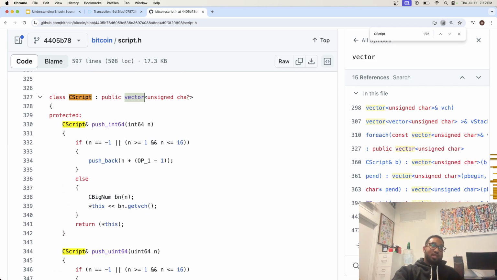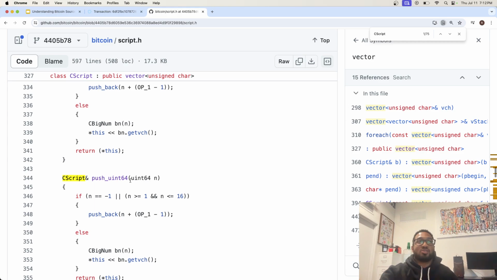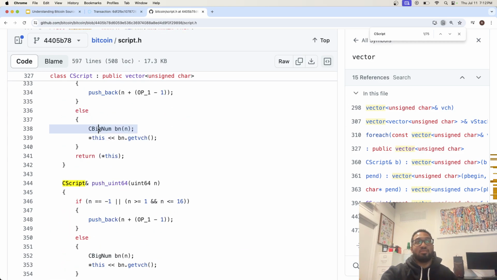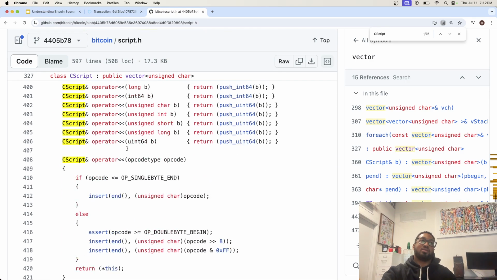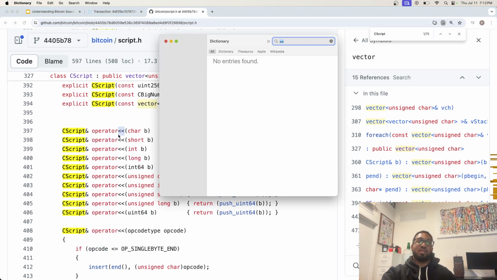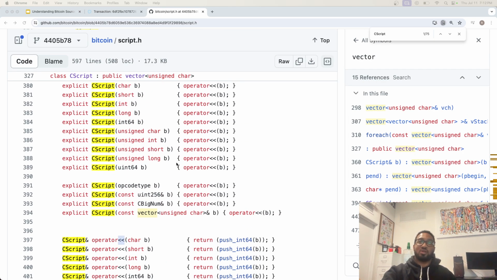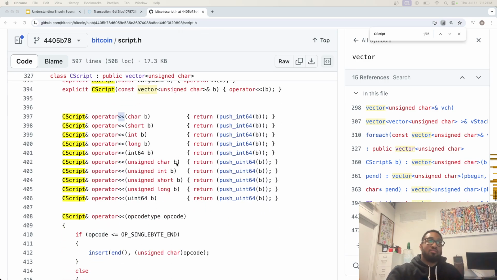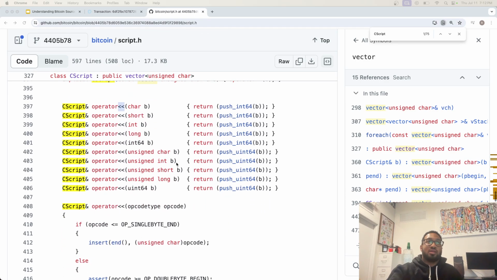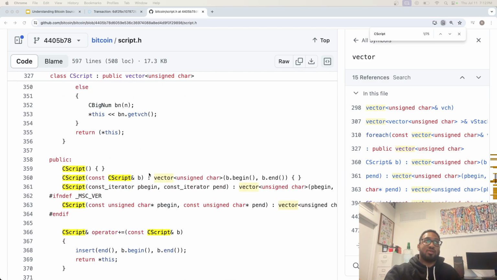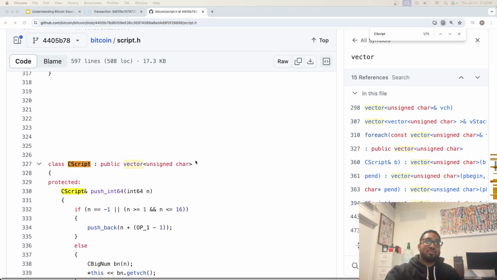So yeah, the vector, and these are chars. You use characters in C++ to represent bytes because one character is a byte. And yeah, this is what C script looks like. You have BigNum, which is exactly what it says, a class that represents big numbers, and nothing too crazy here. You use these overloaded operators, like the ones you'd use for something like cout, to add things to your vector of CScript, which is that list of data items. And again, your CScript is code, so you're putting things into this program, defined by the code held within this vector.